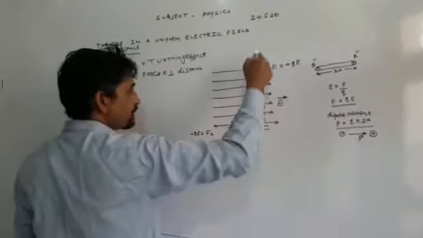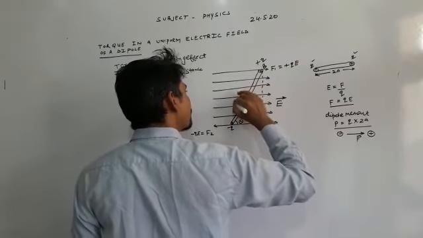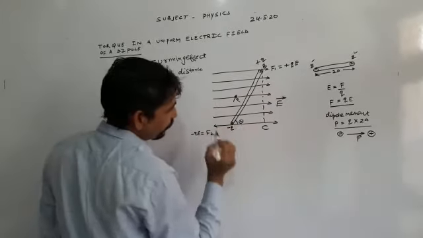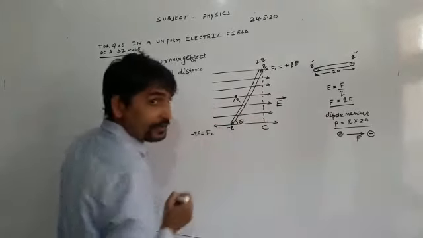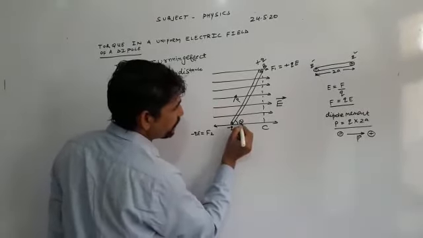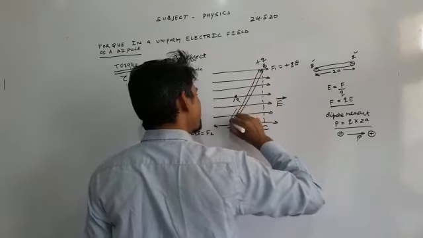It means here we consider the direction of dipole moment like this, and an angle formed between electric field and electric dipole moment is called theta,